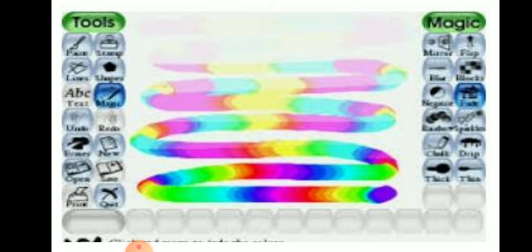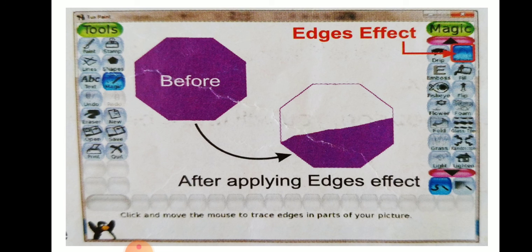Clear, children? Let me move to the topic of the edges effect. It is a very unique feature in Tux Paint, and we can differentiate the edges of an already drawn image. Firstly we click on the shape tool and select the filled shape from the sub toolbox, then select the magic tool and choose edges from the sub toolbox. By using this magic wand we click and drag it over the entire picture. We can observe that the edges of the shape start appearing. Now we can apply the effect to one of the stamps and observe the changes.